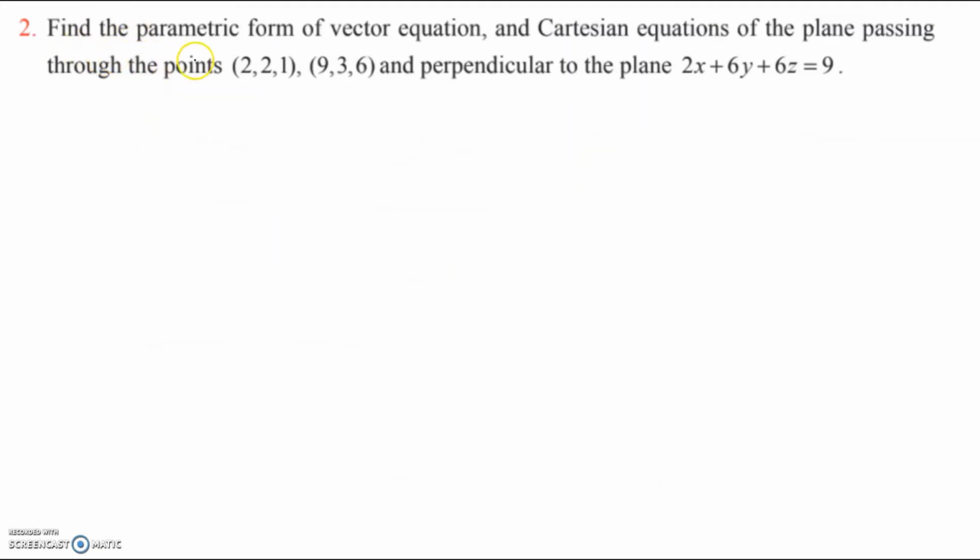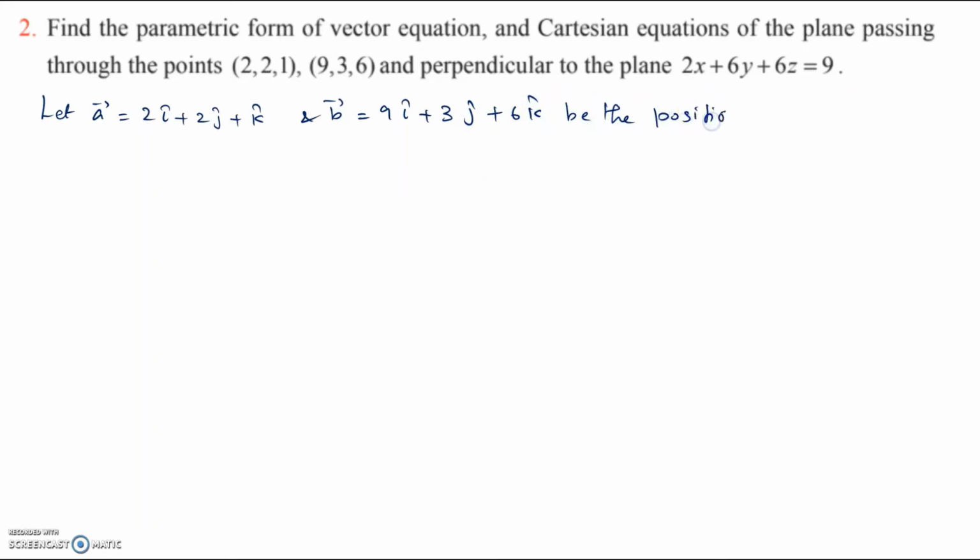Find the parametric form of the vector equation and Cartesian equation of the plane passing through the points (2, 2, 1), (9, 3, 6) and perpendicular to the plane 2x plus 6y plus 6z is equal to 9. This is our second question. So you're given 2 points. So let a vector, which is equal to 2i cap plus 2j cap plus k cap, and b vector, which is equal to 9i cap plus 3j cap plus 6k cap,